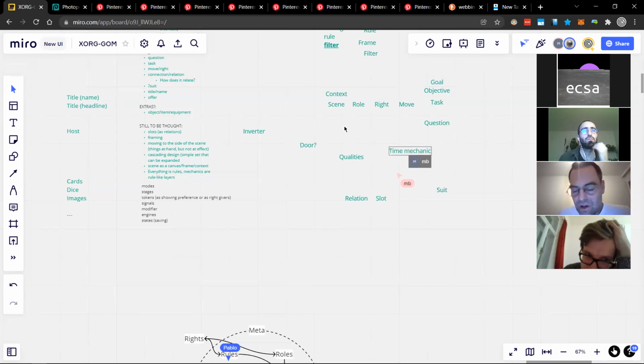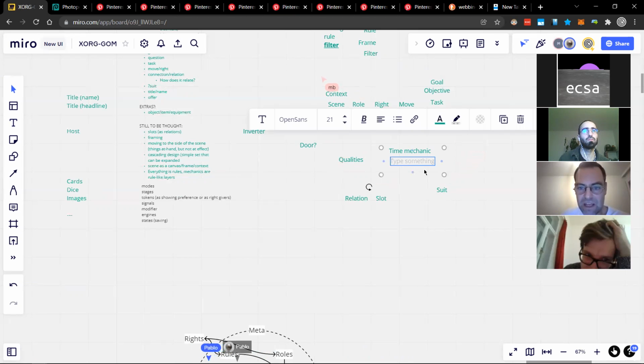Time mechanic is also a next level type of extension. And qualities goes to a more aesthetic, or more sensory domain possibly. So each of them is an extension of this basic mechanistic.